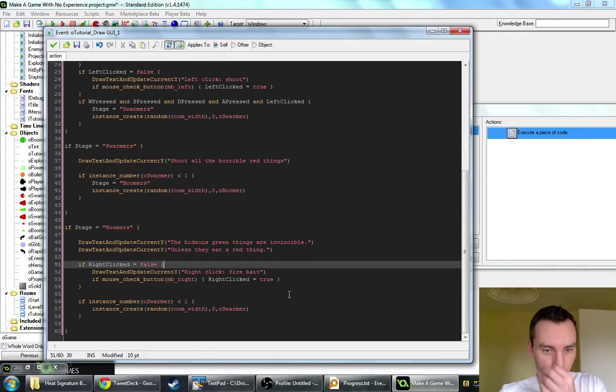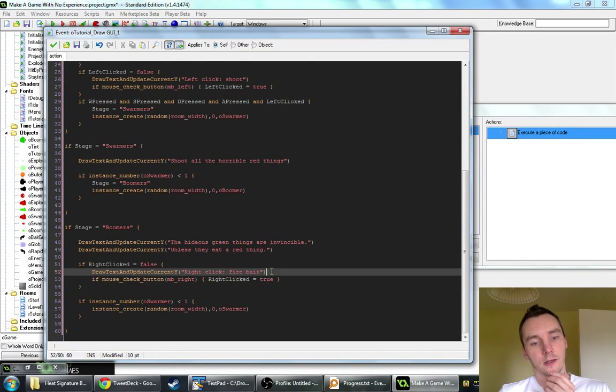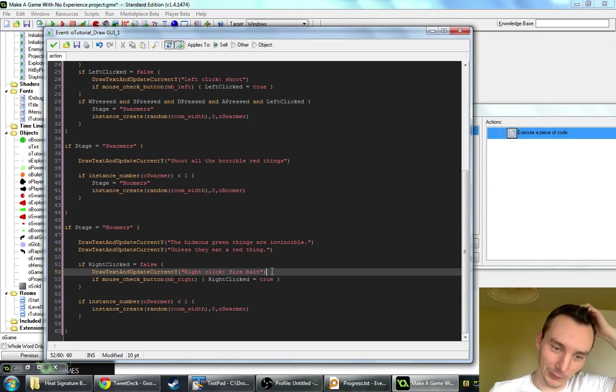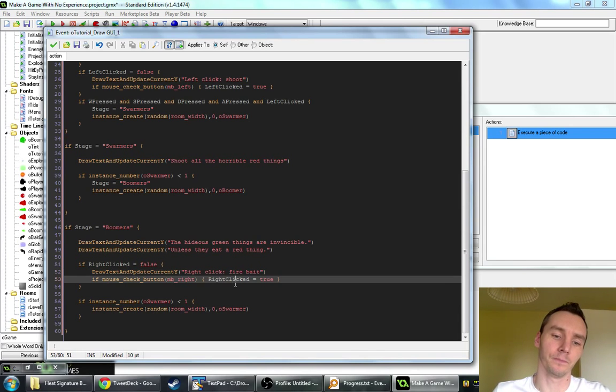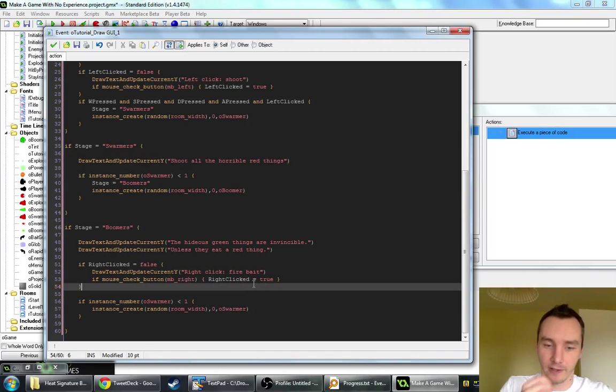And what we want you to do is shoot some bait at a swarmer and get the boomer to eat it, and then shoot the boomer while it's got the swarmer inside. And that's quite a complex process, and we could make that three separate stages, but each individual step is so simple that I feel like we can roll it all into one. It's up to you if you want to try it as separate stages, but I think it's easier to tell you how to fire the thing, and